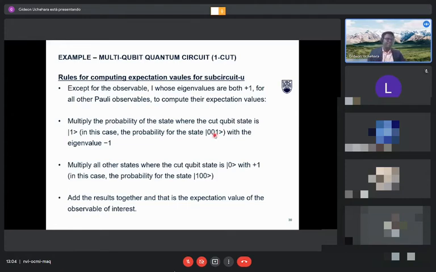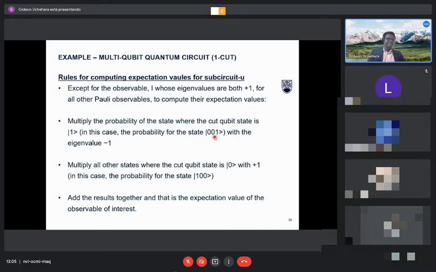Here, the cut qubit is this last qubit. If the state is in the 0 state, the eigenvalue is plus, and if it's in the 1 state, the eigenvalue is minus. So what this means is that if you get the 8 probabilities, the probability distribution for the different states you would get from measuring the circuit, and I take only the probability for 001 and 000,